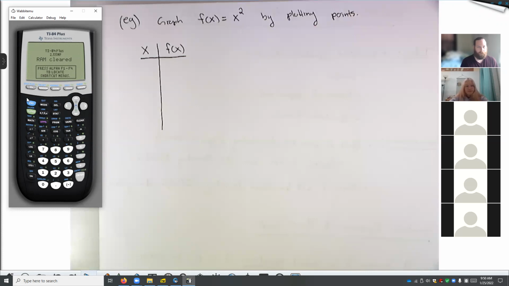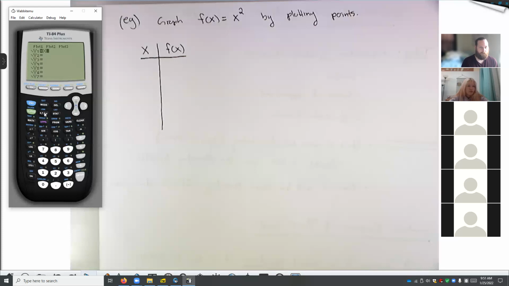While we are grabbing our calculators and turning on our cameras, making sure there isn't anything crazy in the background, I'm going to hit the y equals button in the top left corner here, which is how we enter a function, not just for graphing, but for any purposes. And then right there, y1, I'm going to type the variable button. It's how you type in x, hit x.